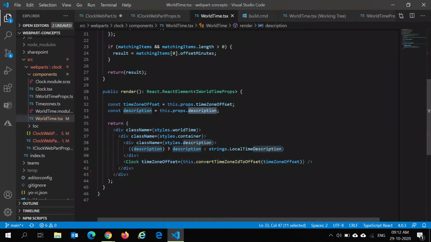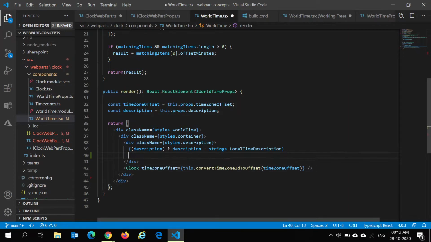So first what we will need is an edit icon for the end users to change the time zone, right? So what I'll do, just below the description, I'll add an icon button. This will be from the Fluent UI, and then I'll add an icon.